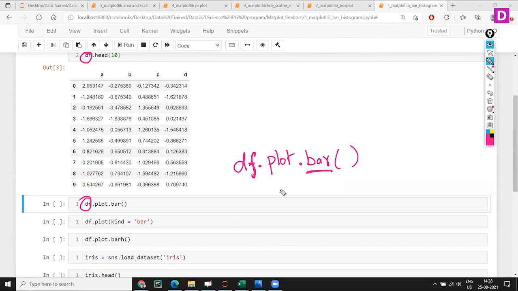Here I have not used plt or sns, pyplot, Matplotlib or Seaborn. In pandas itself we have some plotting techniques, so pandas also gives graph plotting. I'm using the data frame, simply saying dot plot, and this is the type of graph I want. If I execute this,